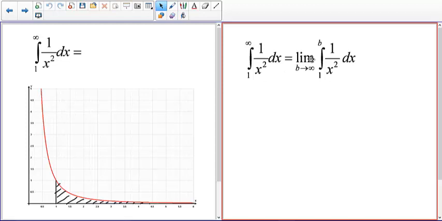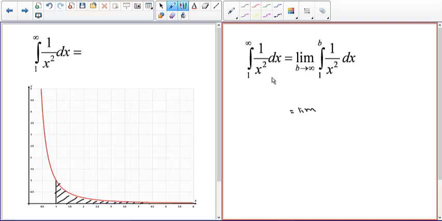Like I said, you can still get the right answer by just using the upper limit as being infinity. I'll do it both ways just to show you that you do get the same answer. But I do expect you on the test to do it this way. Okay, so